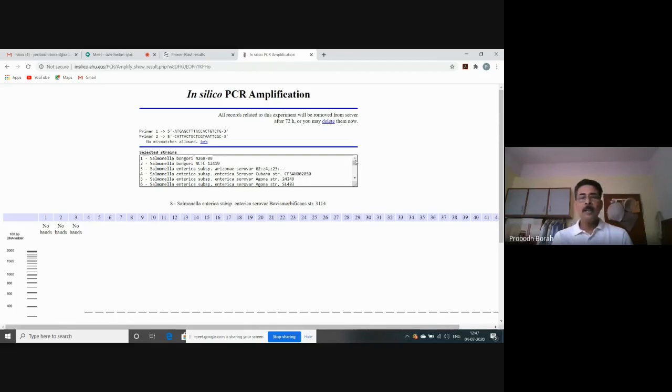Because if you do not design the primers with utmost care, you may ultimately order primers which will be costly and time consuming, and then in the wet lab experiment you'll be doing it repeatedly several times to see whether the typical band pattern can be achieved or not, and finally it will be a failure. In the meantime, you'll be losing your precious time by 2 to 3 months.